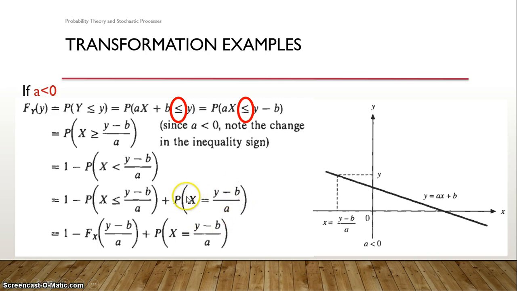So you just have to know what this value is. Can I write it as Fx? No. Then what is it? For a continuous random variable, if you recall, X equal to a particular point can be represented as Fx of that point minus Fx of the point just before it, so this is equal to 0. For a continuous random variable, the probability of a particular event is always equal to 0. As a function, you have a cumulative one, but as an individual point, it will be 0. So you will be left only with 1 minus Fx of y minus b by a.